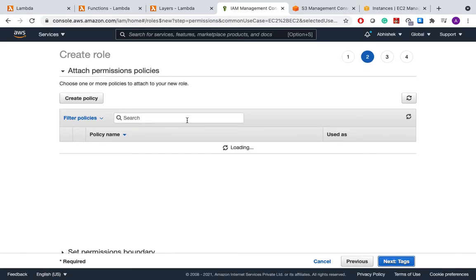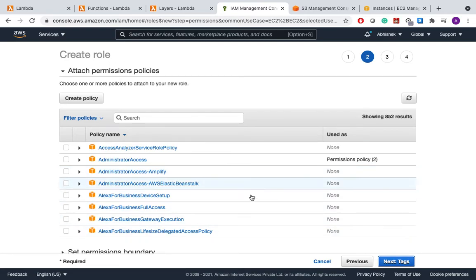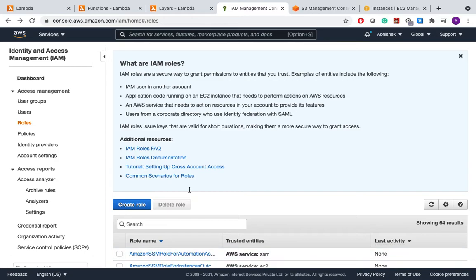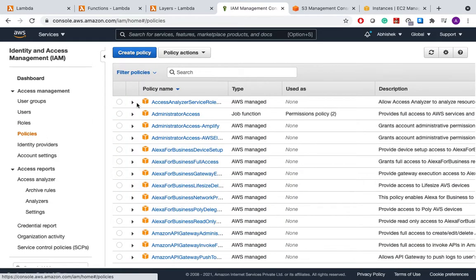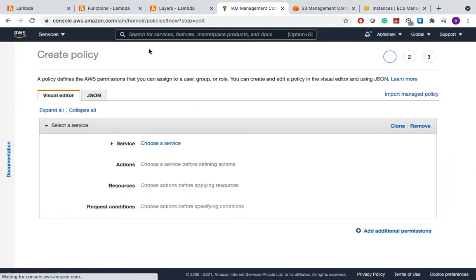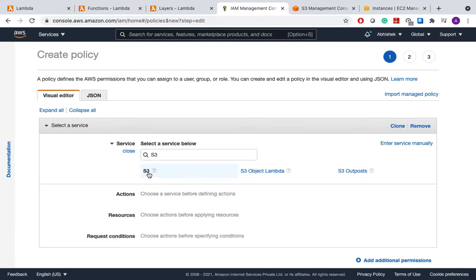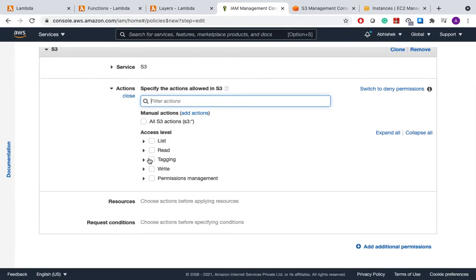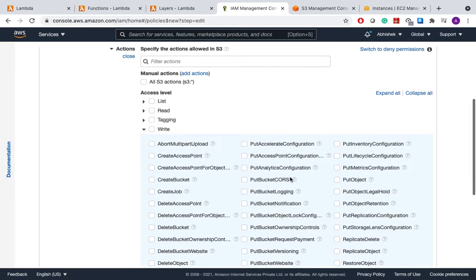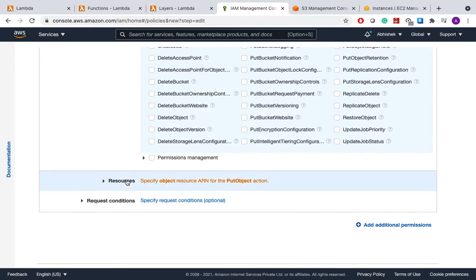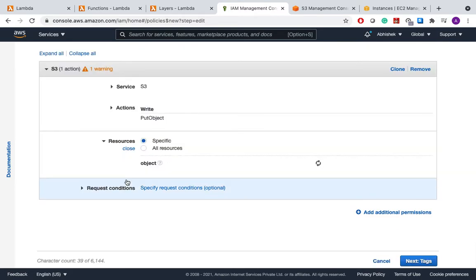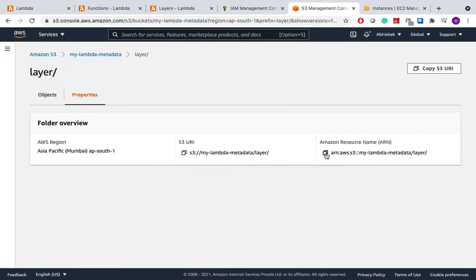Okay, so before we start with the role, let's create a specific policy to cater our needs. So let me go back and create a policy first. So policy, we'll click on the create and we'll choose the service. So service is S3 for which we need to create a policy. In action, we need the ability to put an object from EC2 instance to S3. So we'll select put and resource. So we have to provide the S3 bucket ARN here for which we need this access. So this is my S3 bucket's ARN.